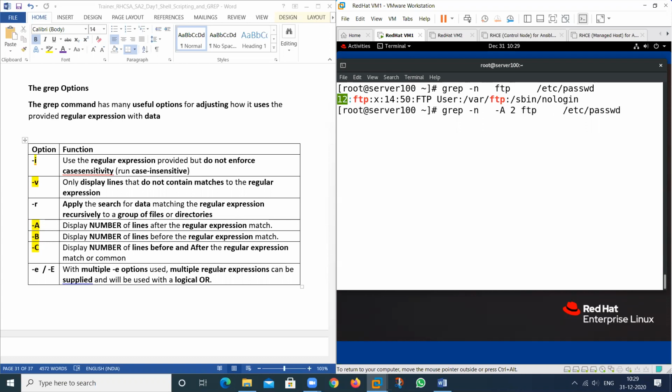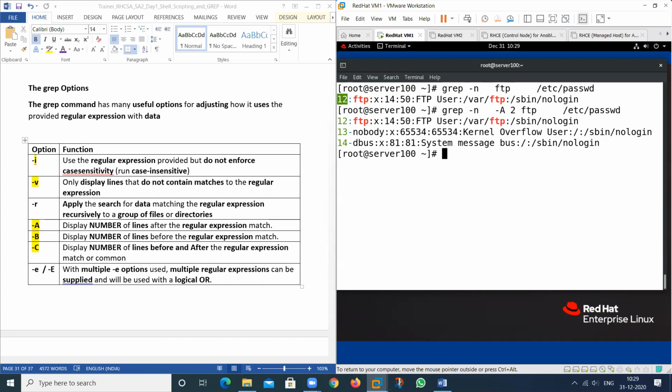What is after this one? I want to show what are the lines that come after this particular FTP string. See here, we have two more lines that have the values nobody and dbus.